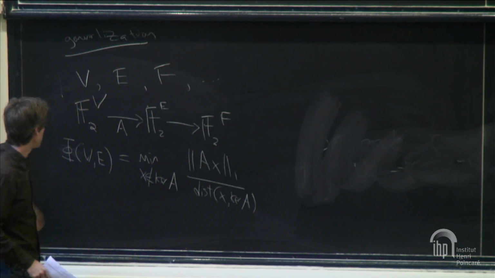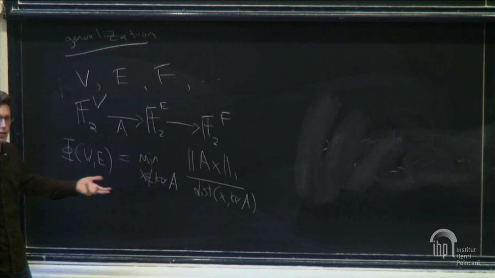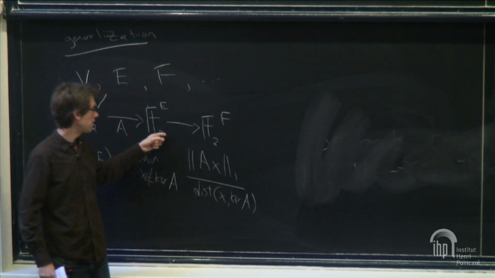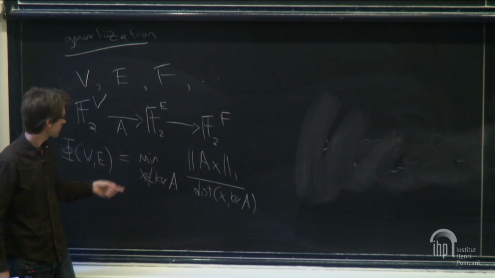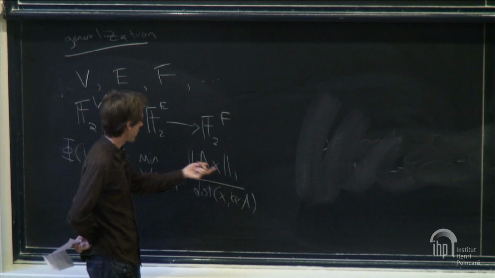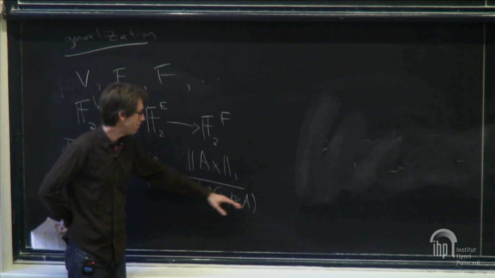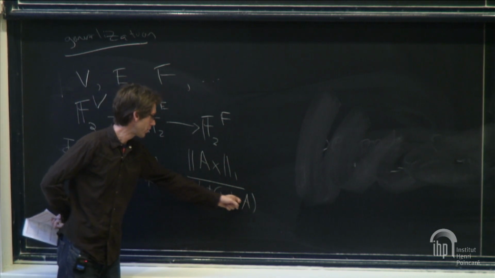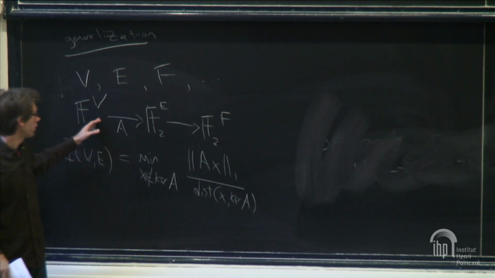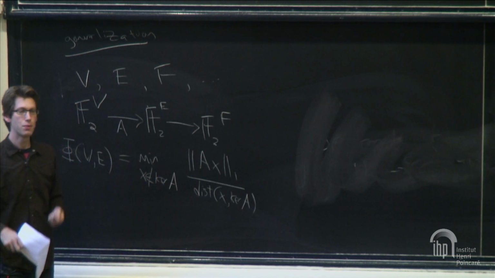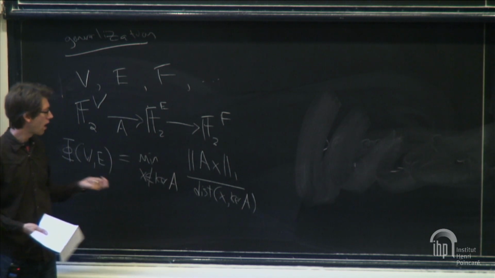And so the things that are not in the kernel of A are the things that are not in the code. AX is a set of violated edges. So all the edges where the two endpoints don't agree, this counts the number of those edges. And then you divide by the distance of X to the kernel. This says if I'm this far away from the kernel, the further away I am, the more detectable it should be. And so this ratio is like a measure of expansion.